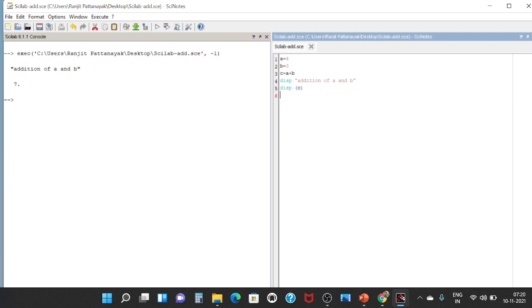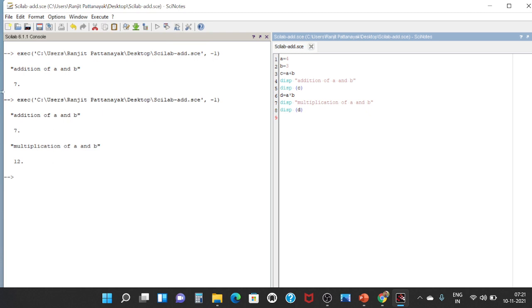Likewise you can assign another number, D, equal to A into B. Then display multiplication of A and B, and you have to write display D, since you assigned D as the multiplication of A and B. Then the same thing, click over here, save and execute.